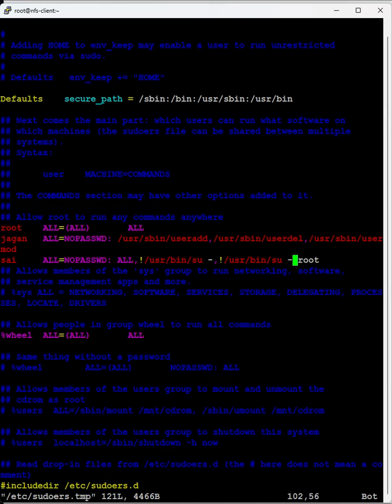But here I have defined one user, that is Jagan, and here ALL NOPASSWD. While executing the commands, here we mention NOPASSWD. This is how we can